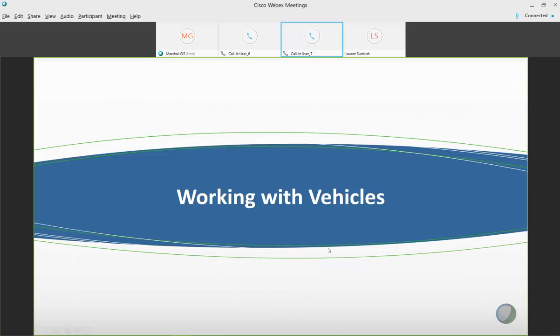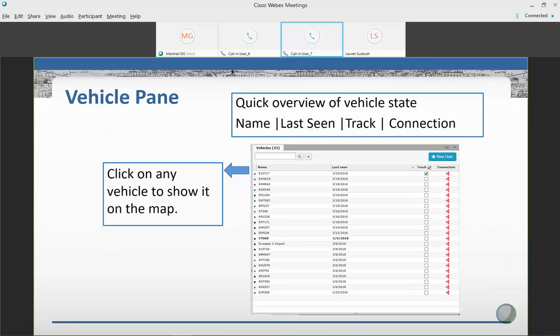Okay, so the next thing we're going to talk about here, so that was sort of the overview, we're going to talk about working with the vehicles, which is a key part of this. So in working with the vehicle, on your Vehicles tab, you can sort by any of these columns. You can also enter in information in this little box. If you're looking for a specific vehicle, you can search for it, and it'll just bring up that particular vehicle in the list. Or even if there's information on the vehicle, such as the equipment or the vehicle type or other things that you have set on the vehicle, you can search by it